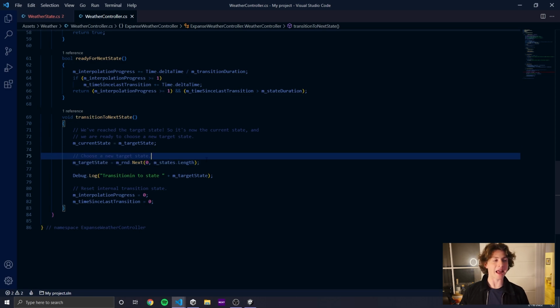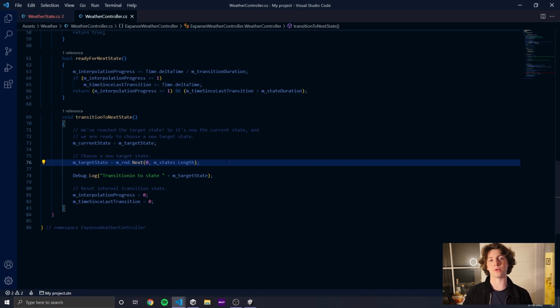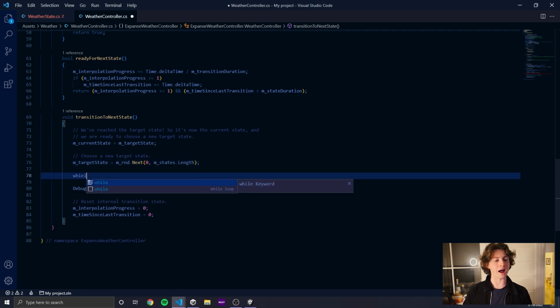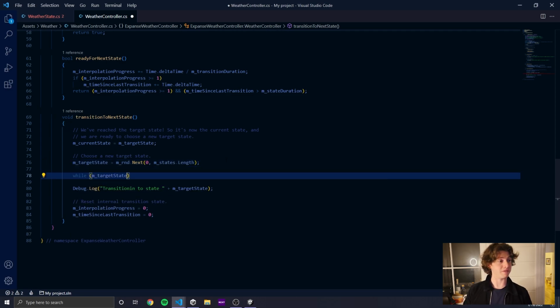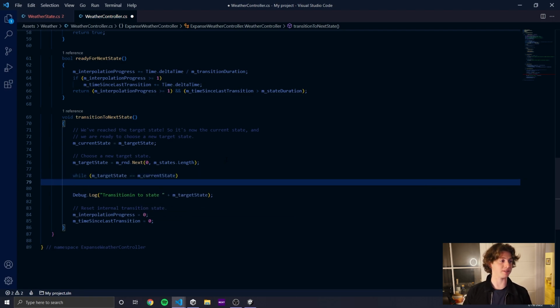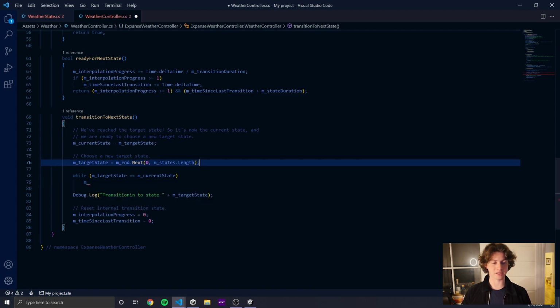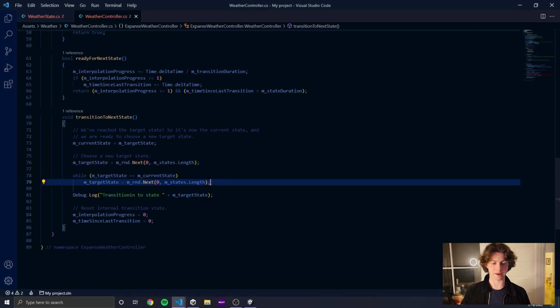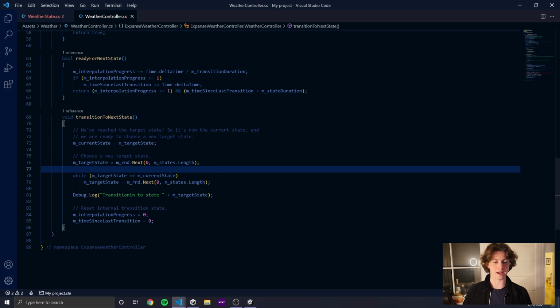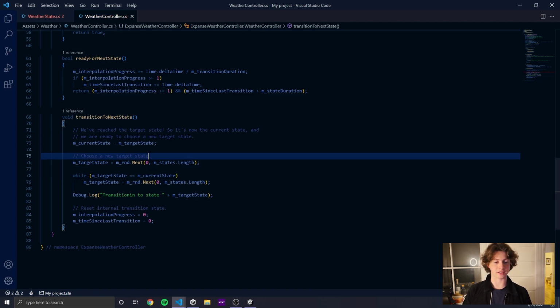So great. And then the last thing that I'm going to do here, this is good, right? But I want to make sure that we don't randomly choose the same state. Again, I want to make sure we always transition to a new state. So I'm going to say while the random target state is actually still the same as the current state, just copy paste, try it again. So I'm going to write choose a new target state